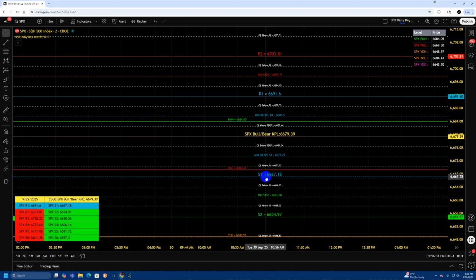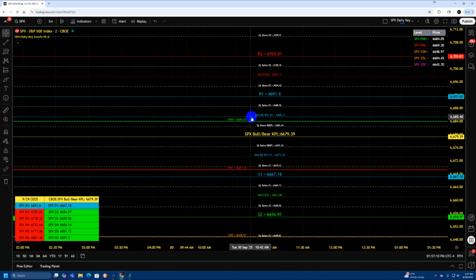So always just remember that on bearish trades from any level, your tight stop loss is going to be the first QL above that level, and your standard stop loss is going to be the first midpoint above that level for bearish trades taken from that level. And on bullish trades taken from any main level, your tight stop loss is going to be the QL below that level, and your standard stop loss is going to be the first midpoint below that,